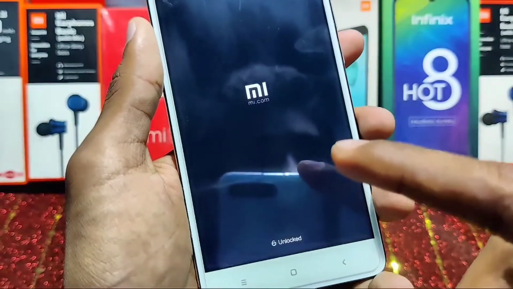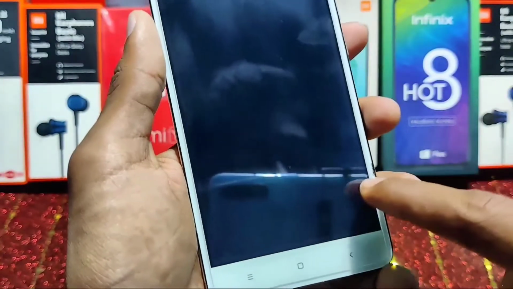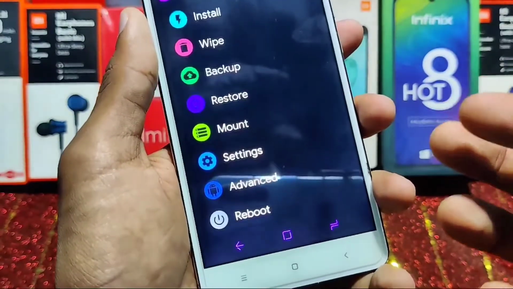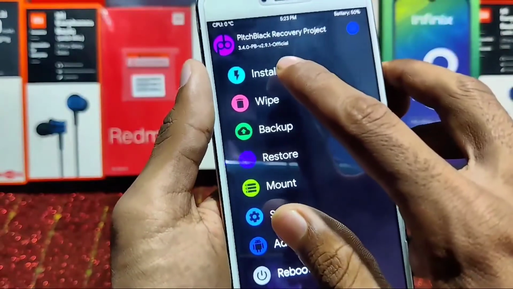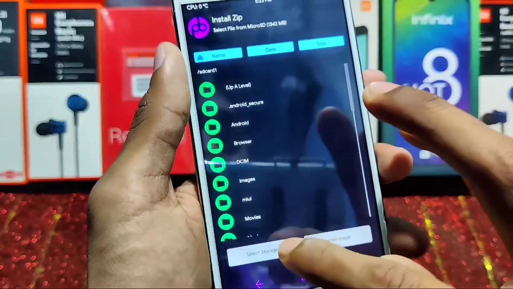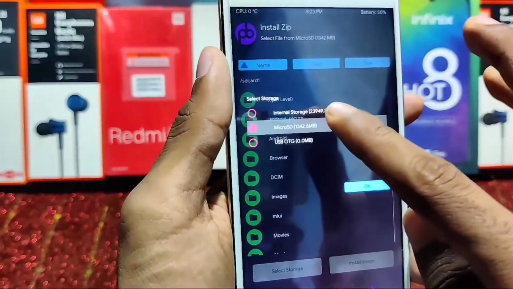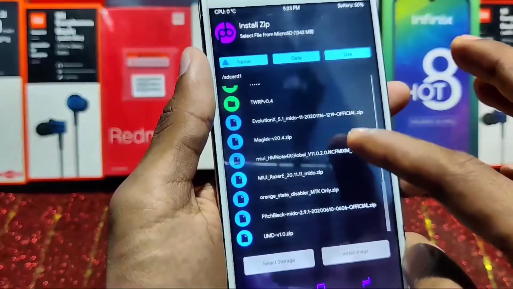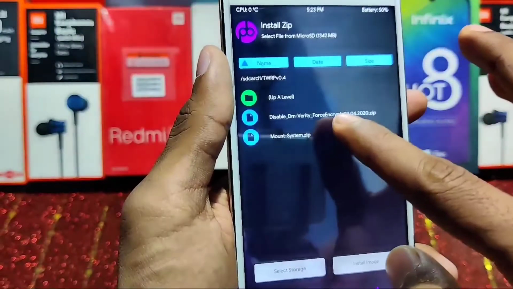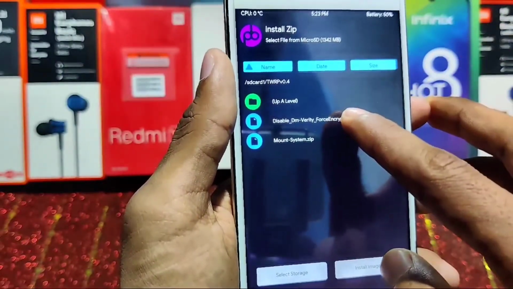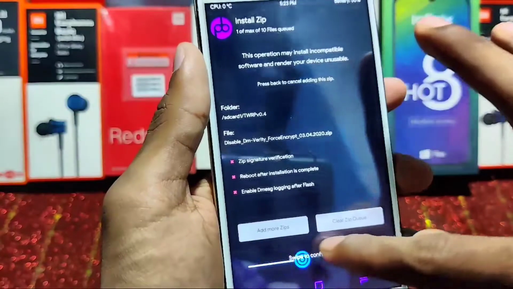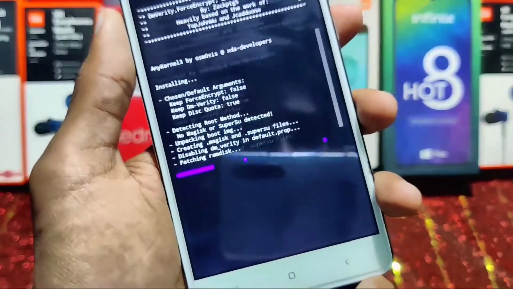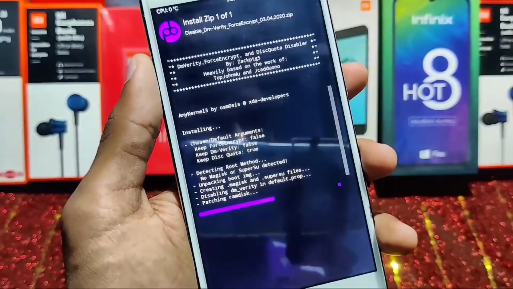After flashing the recovery, I will show you whether my device will boot or not, and I will take you to my setup screen. Okay, so let me click on the install button. As you can see, I have kept the lazy flasher, not the ROM, on a micro SD card. Inside here you will find disable DM Verity. You have to flash this. This is also called the lazy flasher. I will provide this file's link in the description below, so you can download it from there.